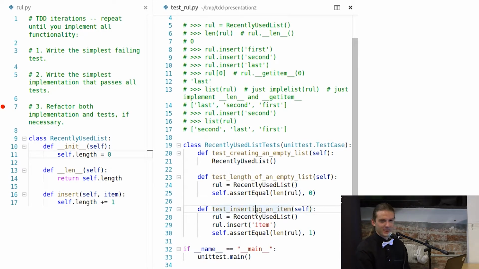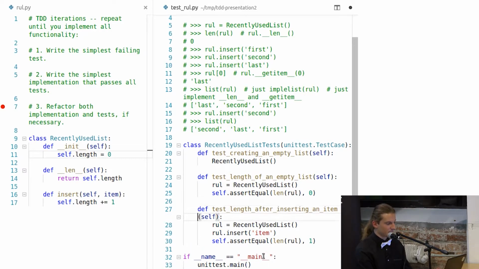So it should be named, in my opinion, test length after inserting an item. Yes, it's more precise now. And it's not too long yet.